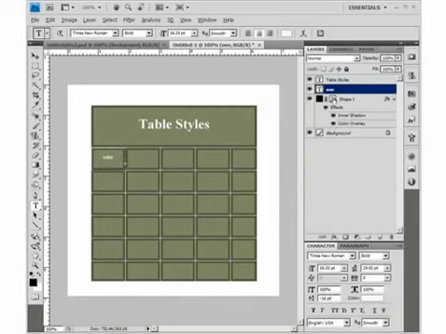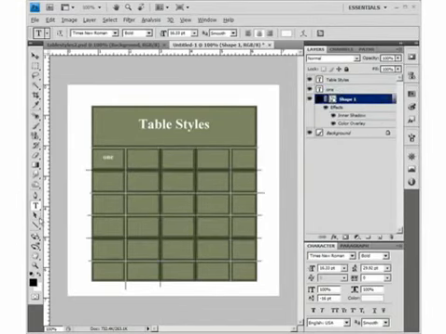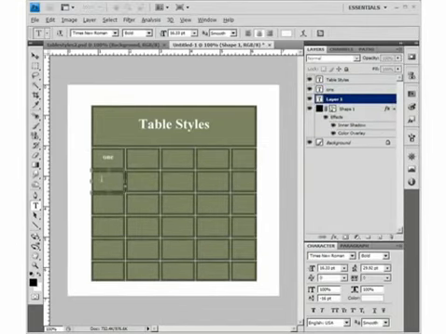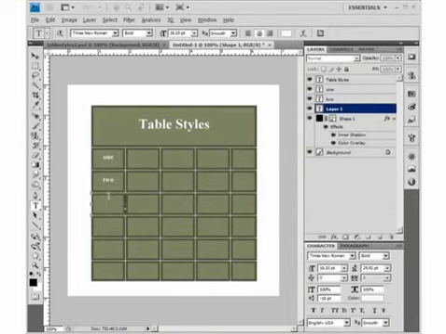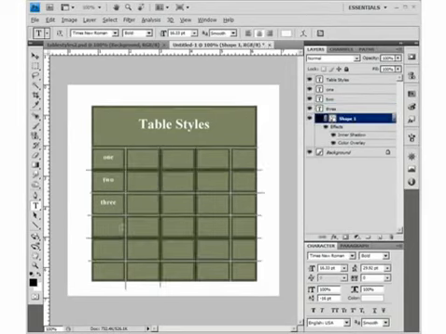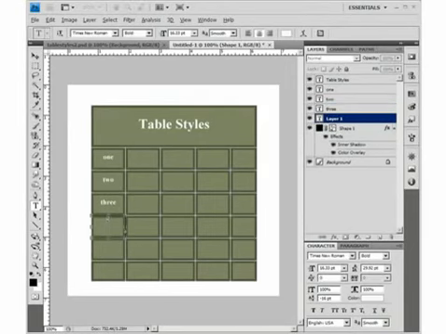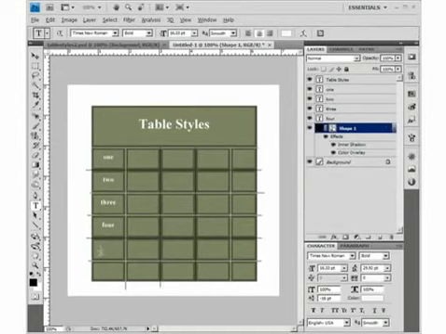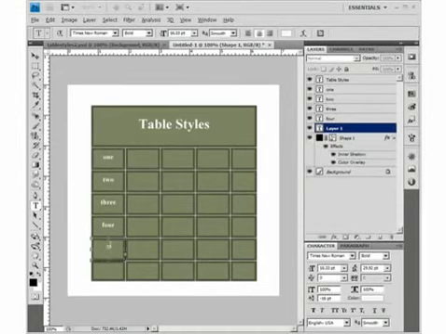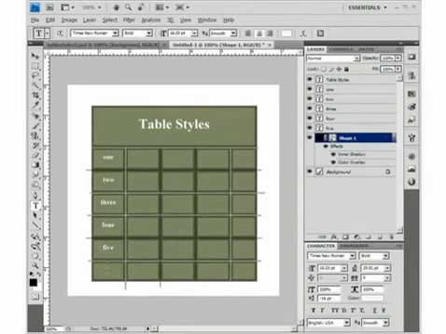And so on. Reselect the shape, type tool. Reselect the shape. And finally, for the last one,